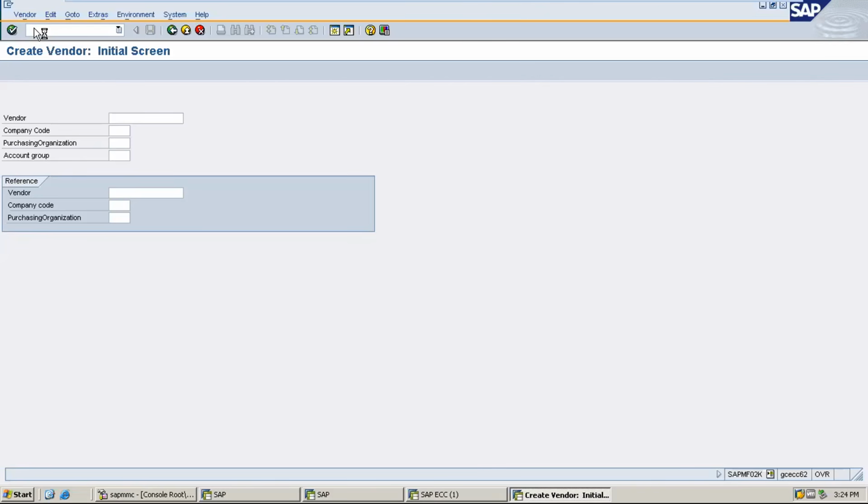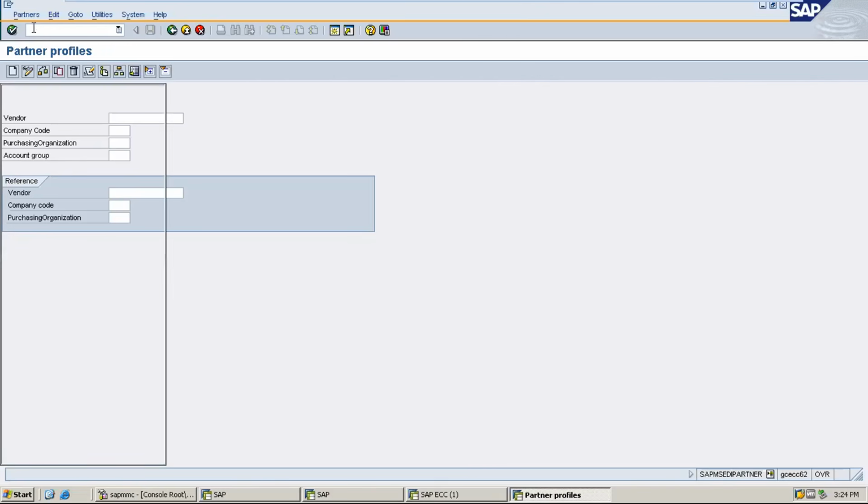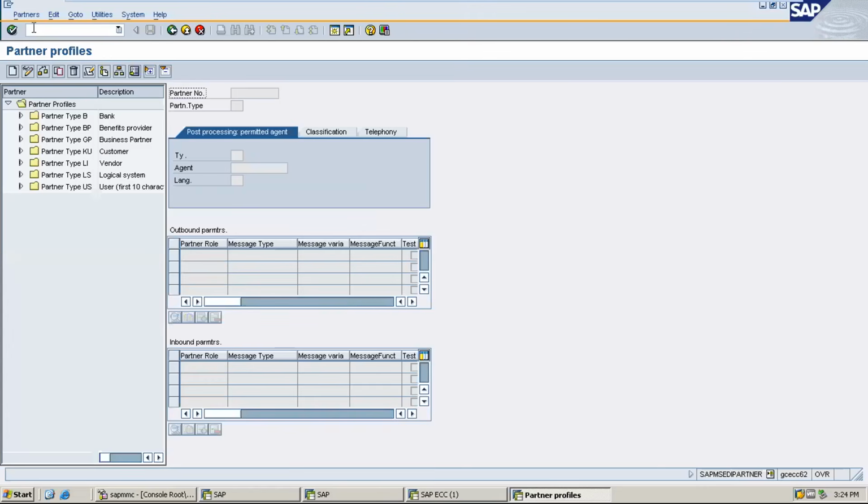Even if you perform LSMW, which is like data upload and all, you can see mapping of fields, like field to field, table to table, where you will map the field. What is the use of mapping here in EDI? So once you send the purchase order to the vendor, from the vendor side, they used to create a sales order. Normally, this is the purchasing process. Once you create a purchase order and send it to the vendor,